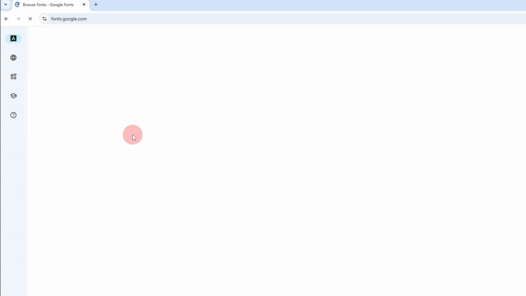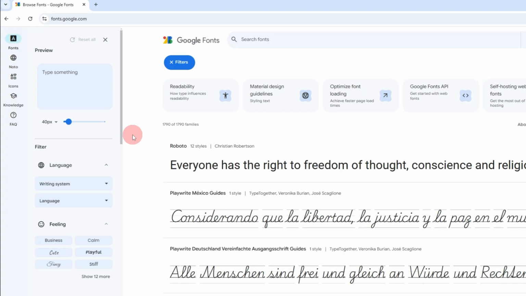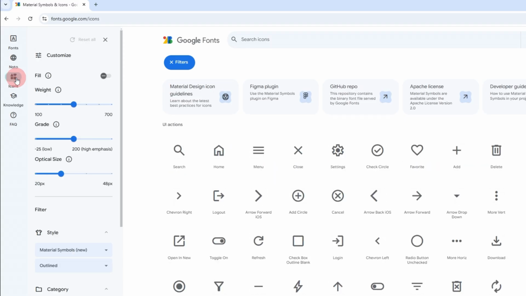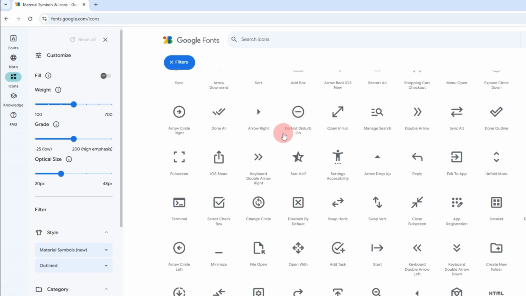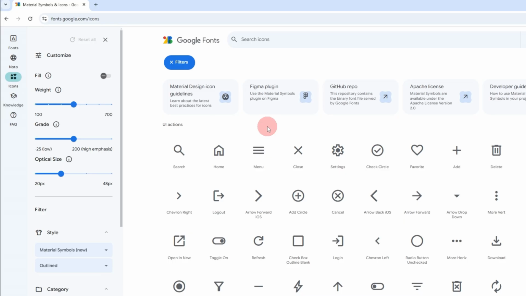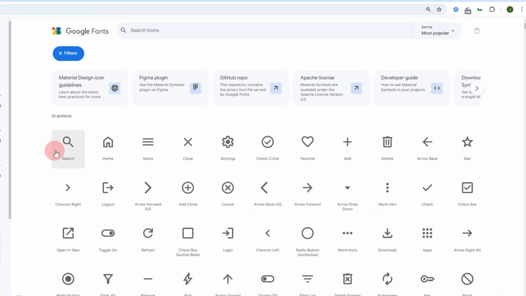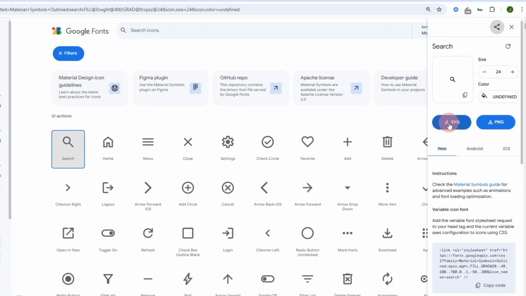When you access the Google Fonts site, you'll find an Icons option in the left menu. Clicking this reveals a wide variety of icons. The advantage of Google Fonts icons is their extensive categories and highly minimalist design with clear design consistency, making them suitable for almost any topic. Additionally, you can adjust the stroke thickness or symbol weight and download them as SVG files to further customize colors